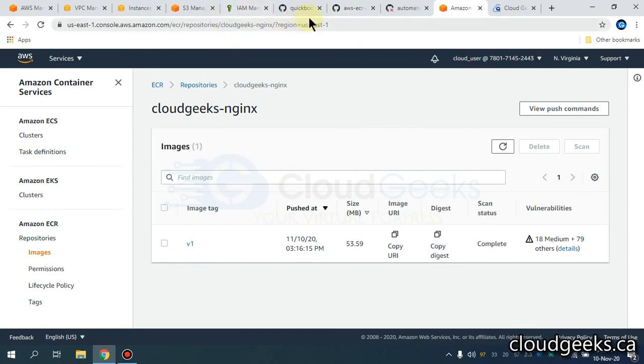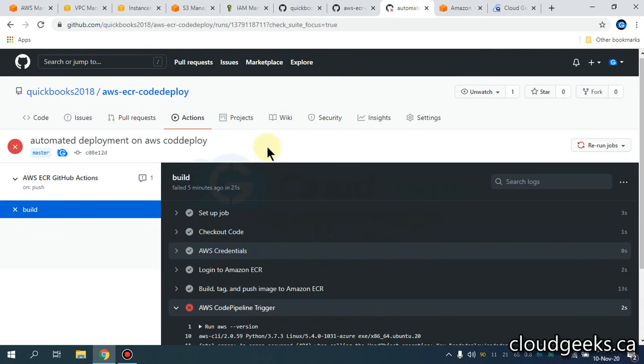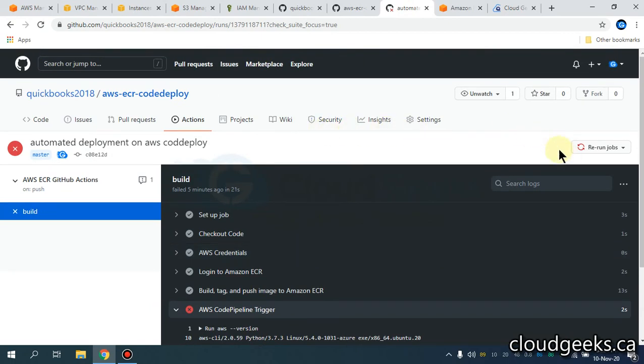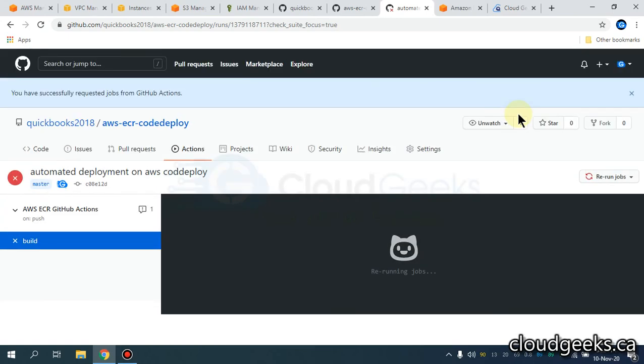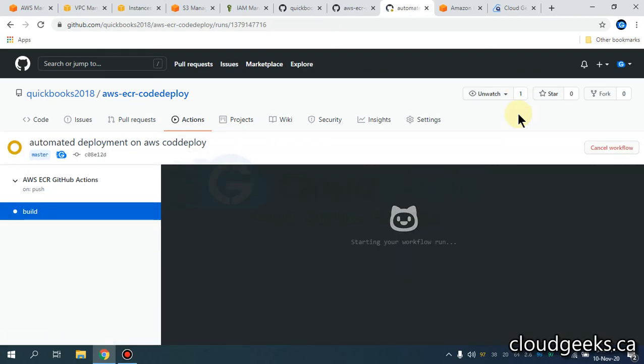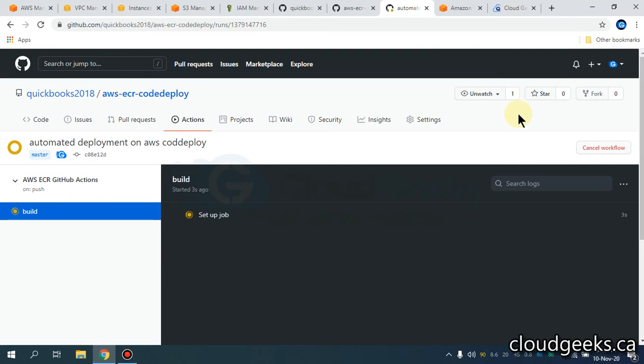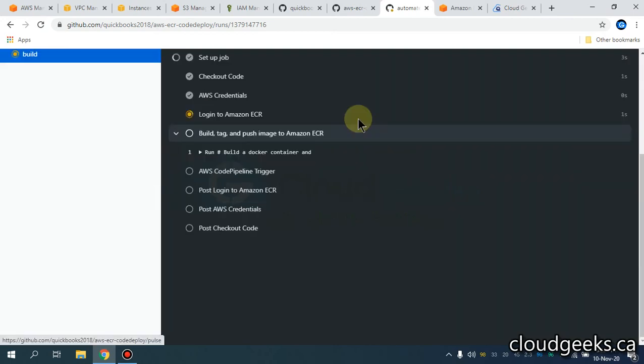But I'm going to show you how the requirement is fulfilled. The zip is uploaded into that particular S3 bucket folder, and I'm going to rerun the pipeline and see what error we get. If everything is done perfectly, our pipeline is going to be successful.